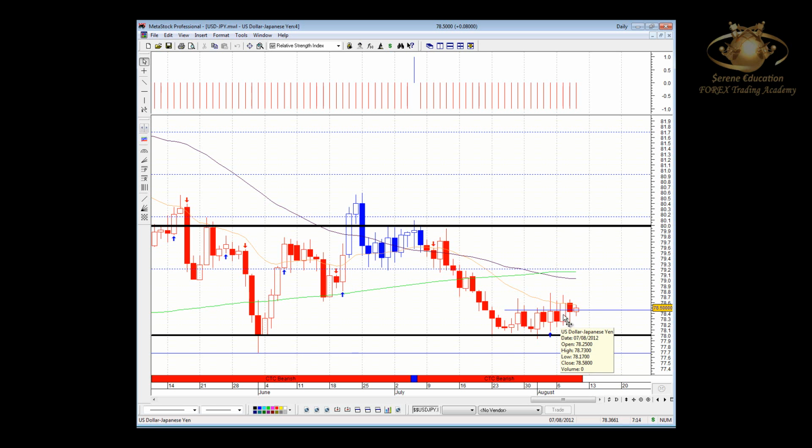Two days ago, we saw price running and breaking, closing yesterday's closing above or relative to around it. Now it needs to kick off from the 78.40 in my eyes. You can see a nice bullish bounce off that, moving higher. Then we should be targeting around the 79.20 or the institution moving average in particular, before we see a second target being here at 80, our prior major support and